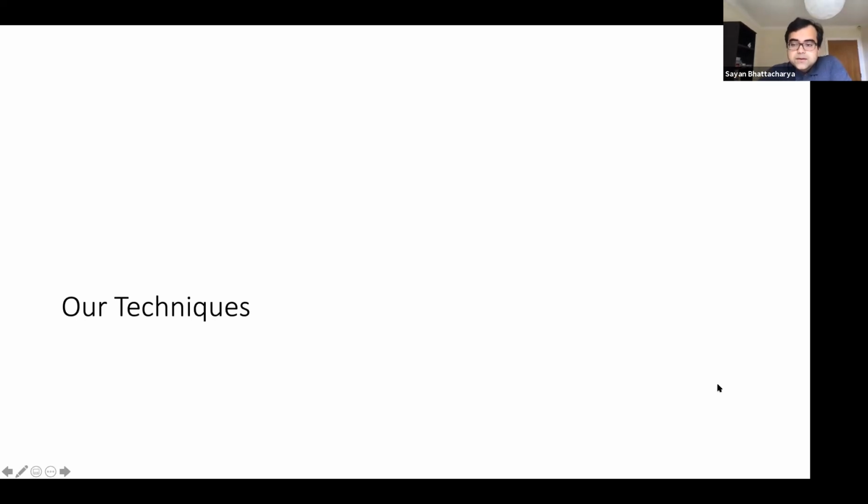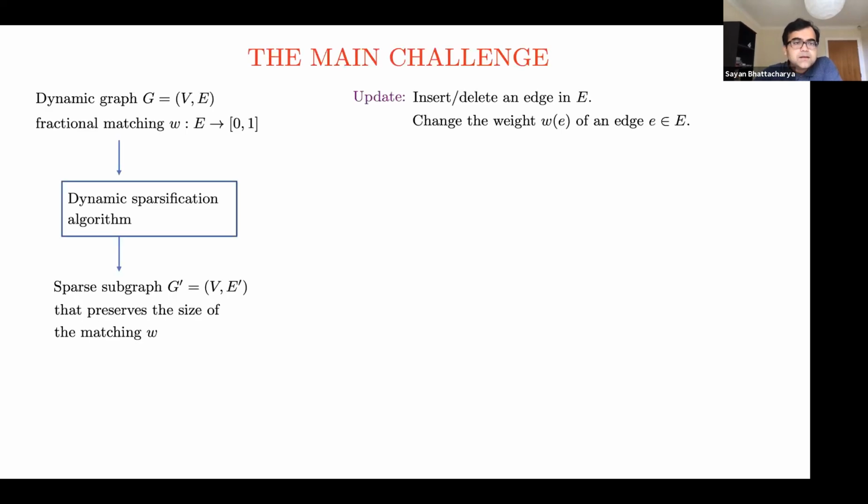Okay, so our techniques. What is the main challenge? The main challenge was the dynamic sparsification algorithm. So let's precisely define this setting now. So the input is a dynamic graph and a fractional matching W. So specifically,